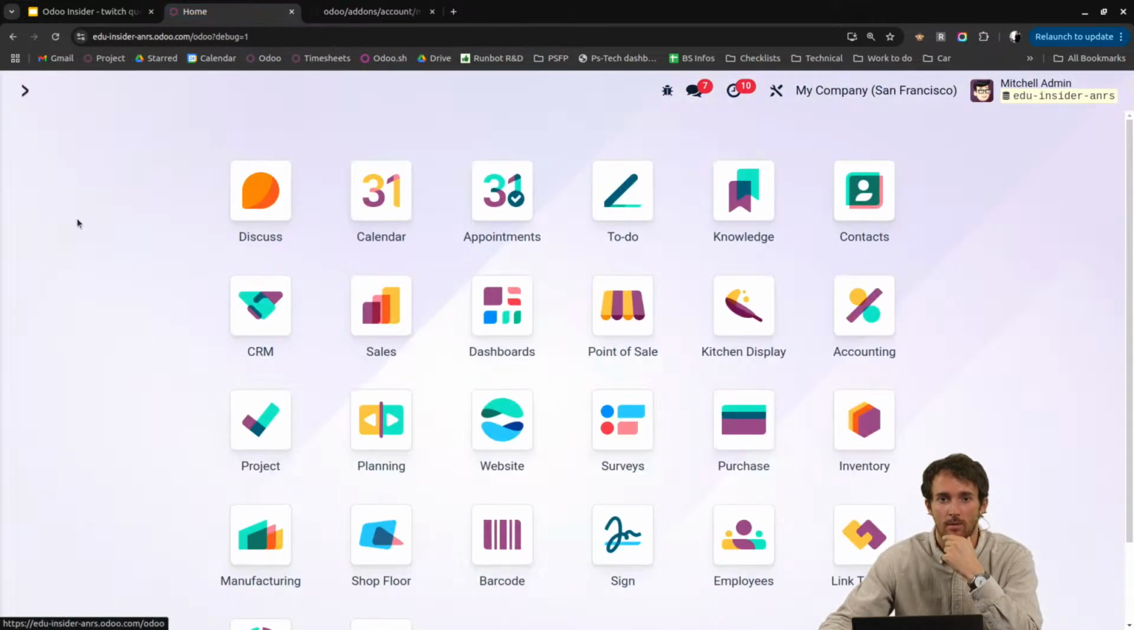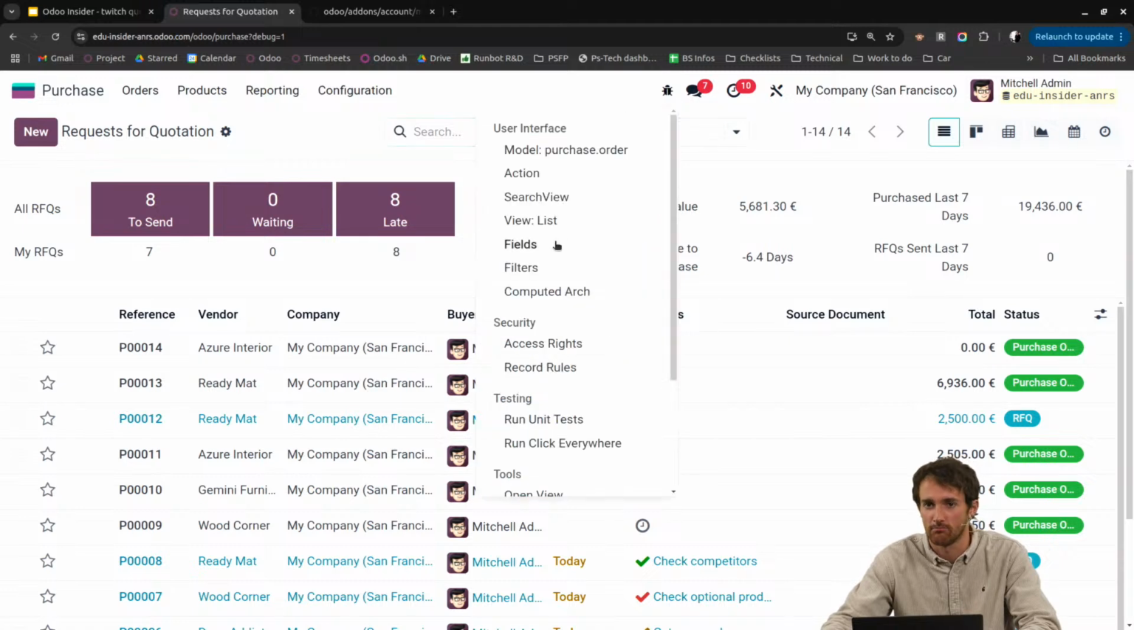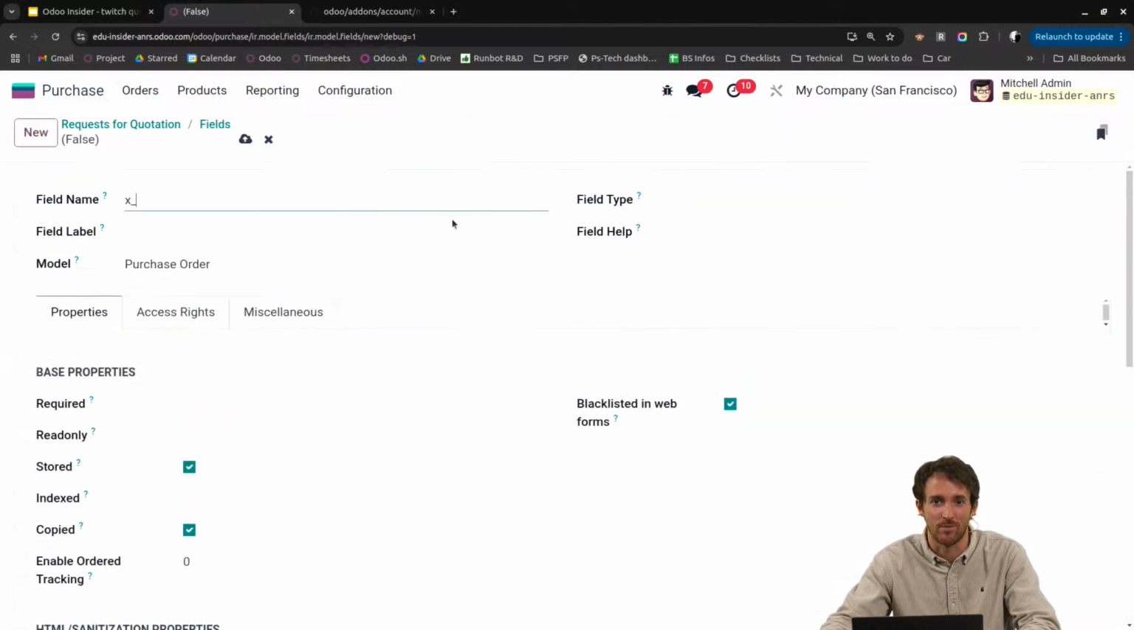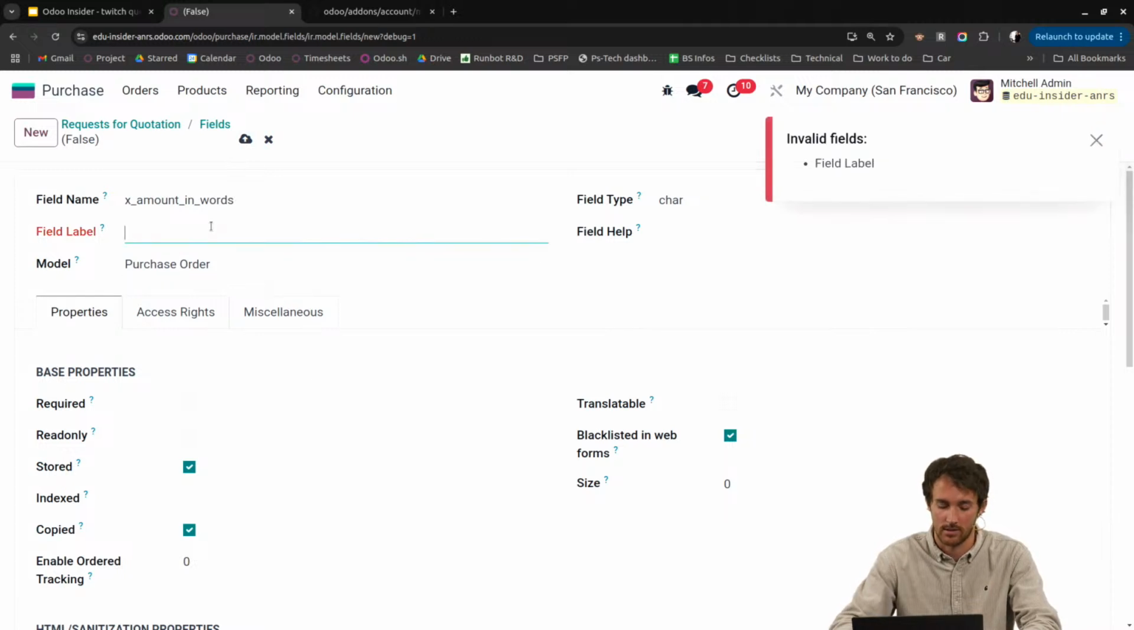I'm not sure, but you know what? Let's try to see if we are able to do it, if I do it manually. But to be honest, I don't trust it will be possible. So here, let's try to define amount in words, a custom field. It's a char text like this, and it's amount